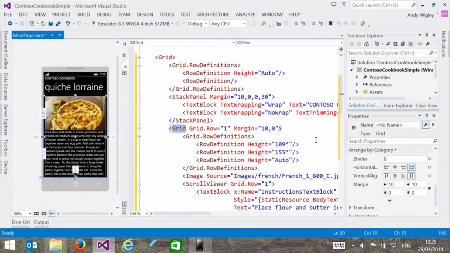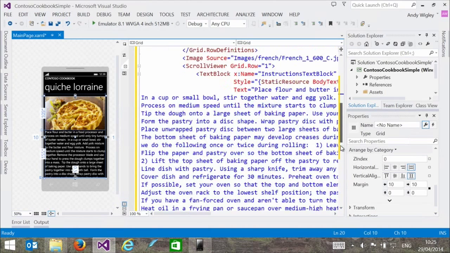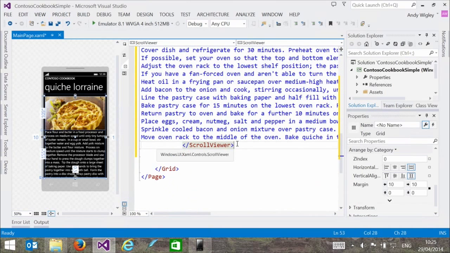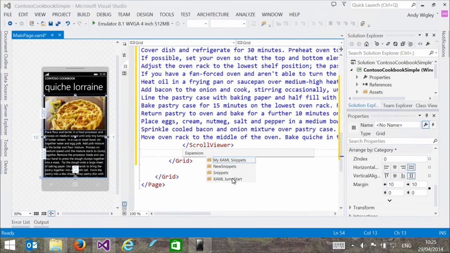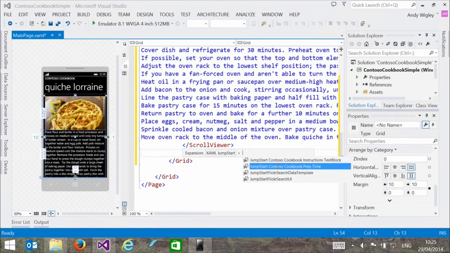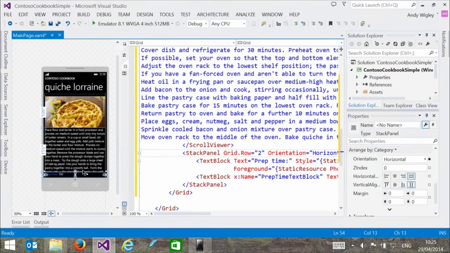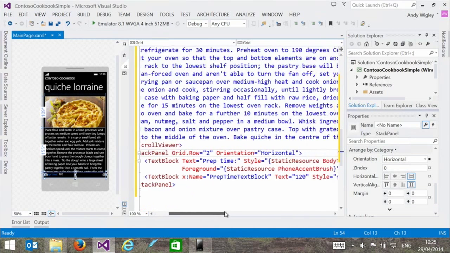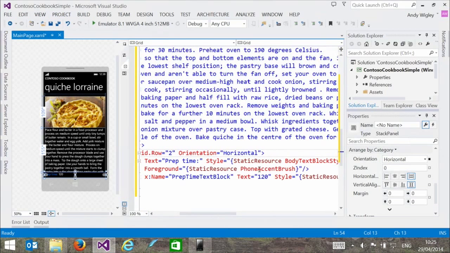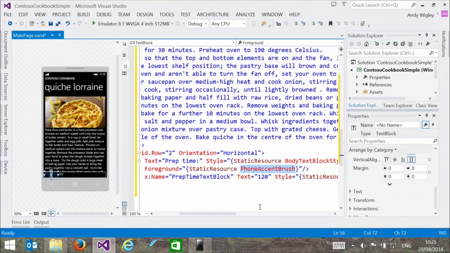We're nearly done with this, so now we're just going to put the last little bits onto it. Under the scroll viewer, I'm going to save a bit of time, go Control X. I've got another snippet just to finish this off, which is the prep time. So here we've got the prep time down the bottom, which is a bit of text, and then the number of minutes it will take, and that's the XAML I just pasted in. You'll notice that the foreground color is something called the phone accent brush. This is how you show stuff on the screen using the user's selected accent color. We'll come on to that accent color and things in a little while. So that should be good.